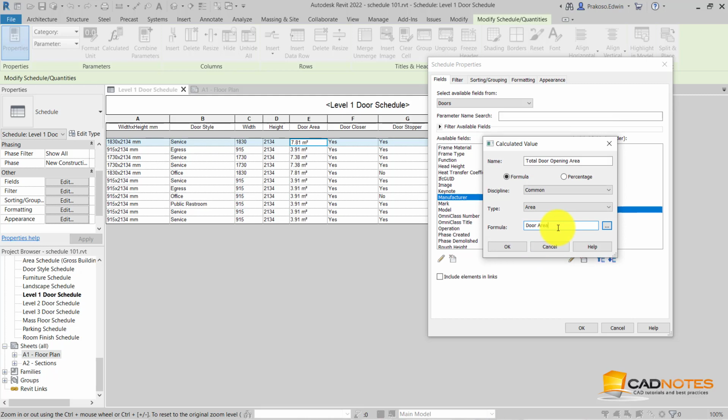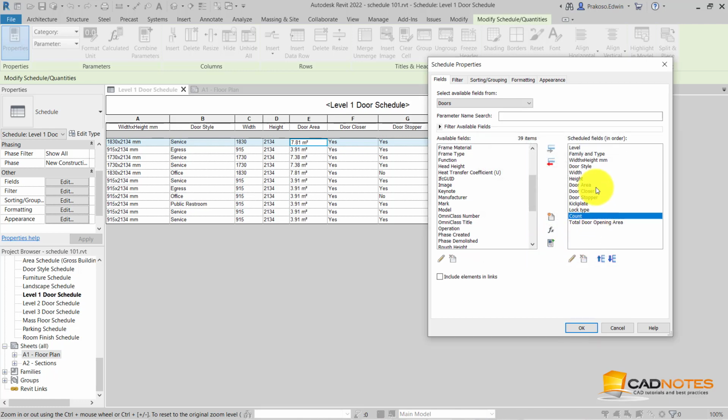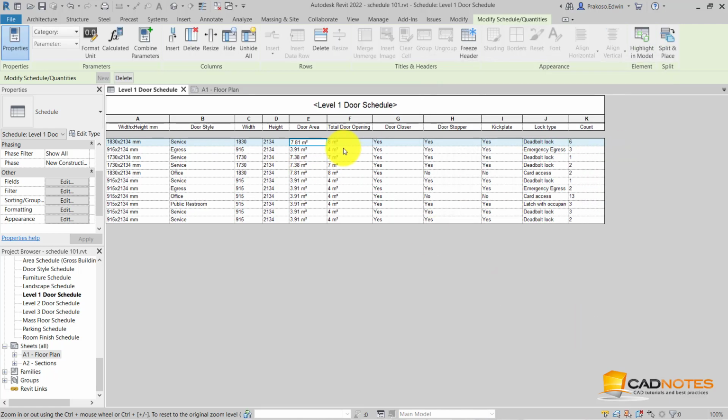Because this value is exactly the same, we just need to put door area in the formula. We don't need to use any function or any formula here. Let's just click OK. Now we can arrange this next to door area. Okay, let's click OK. Now we can see it's showing exactly the same value.